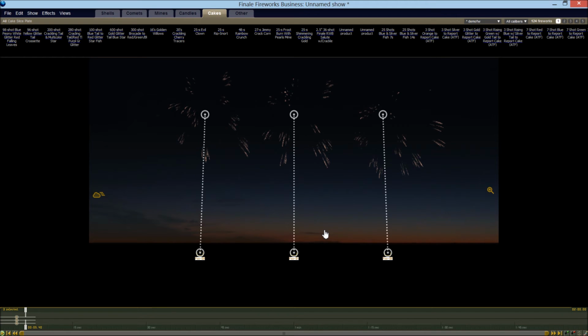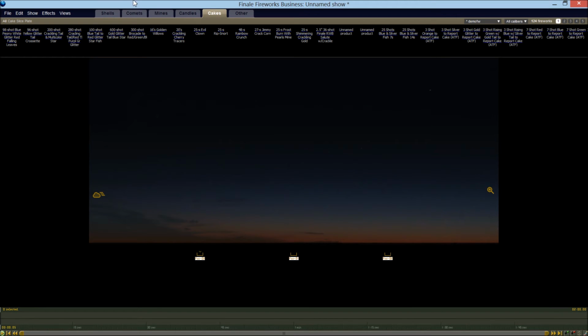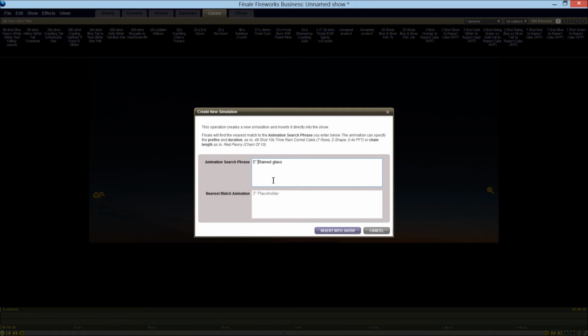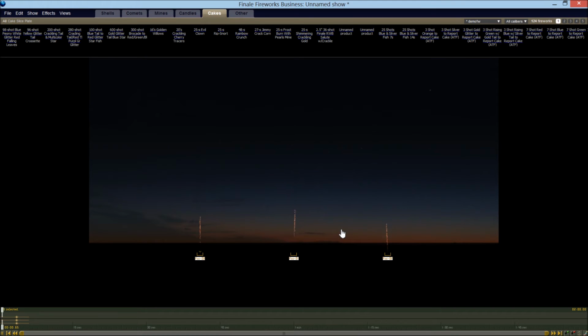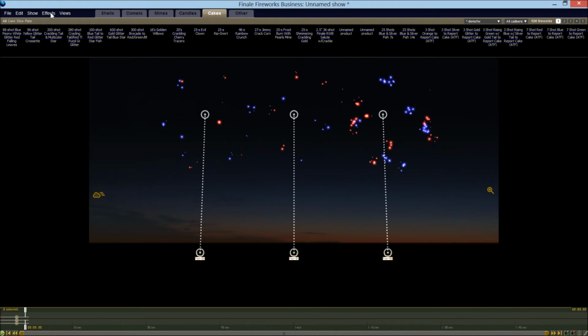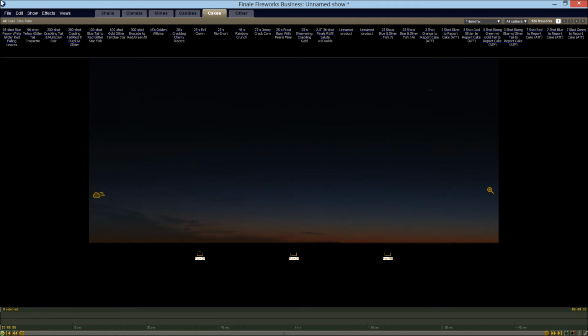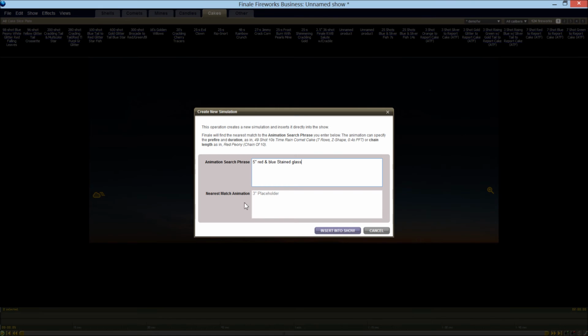But I can go back, in addition to having stars that transition from one color, I can also tell it to have a mix of stars. So I can have a red and blue stained glass, and so we'll have some of the elements be red and some be blue. And again, if I wanted to add, I can do red and blue stained glass, red Chris, blue Chris. What I'm typing in, Chris, is short for chrysanthemum, which gives me